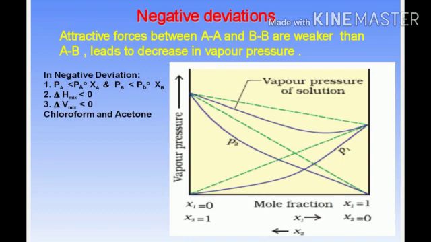And similarly, delta H of mixing is negative, or we can say that heat is evolved in the formation of such solution. It is due to the fact that energy required to break weak AA and BB interactions is less than energy released in the formation of strong AB interaction. Okay, students.